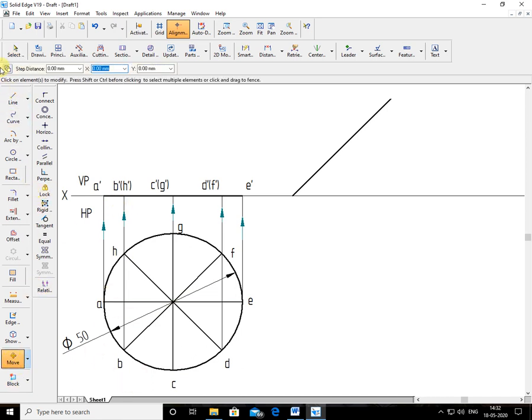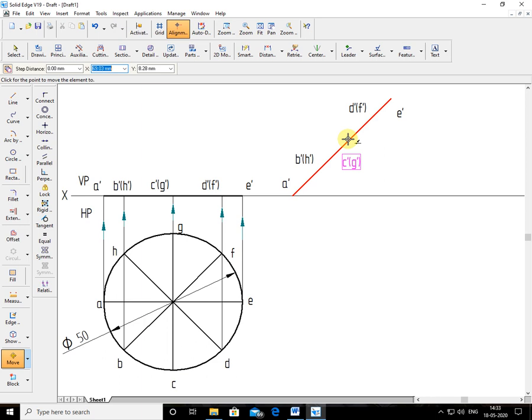Keep it at A dash here, right click. Where is E dash? You keep it at E dash here. Now B dash H dash comes somewhere here, so I'll keep it here, and afterwards I can change the position. It also comes somewhere here. C dash E dash is coming at the midpoint here. It's almost coming at the midpoint, so I'll keep it here.